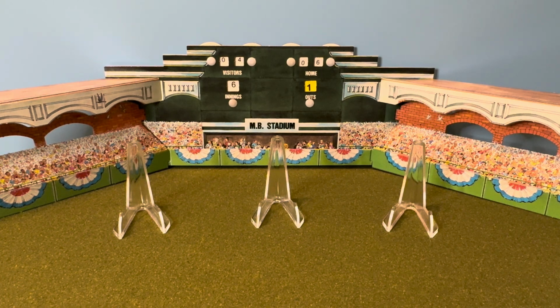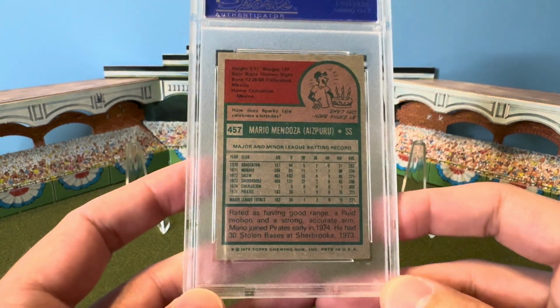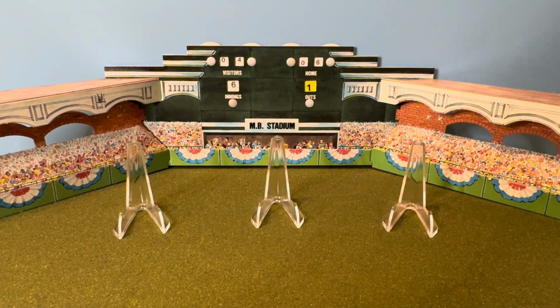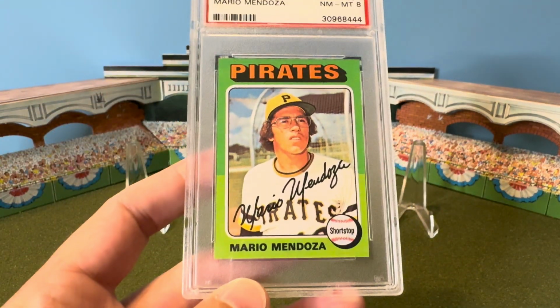And there was a guy named Mario Mendoza that had a lifetime career average right around .200. So .200 became known as the Mendoza line. And his rookie card is in 1975 Topps, my birth year, and I got a real nice copy of a mini. So here's the back. Mario Mendoza of the Mendoza line. Not the moniker you would love to have, but it makes people remember him. They say even bad news is good news because people remember you. But Mario Mendoza,